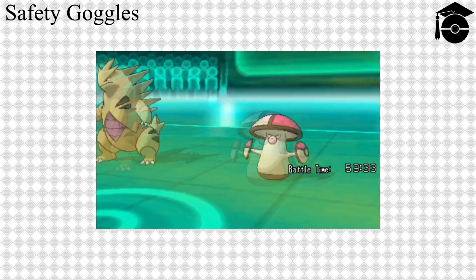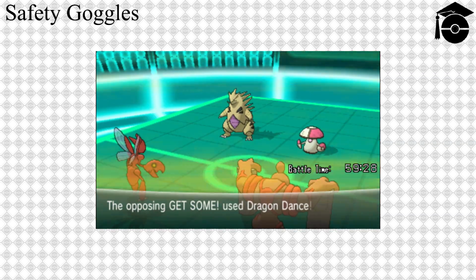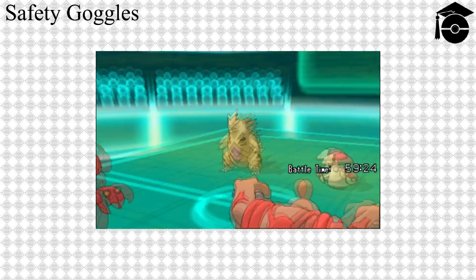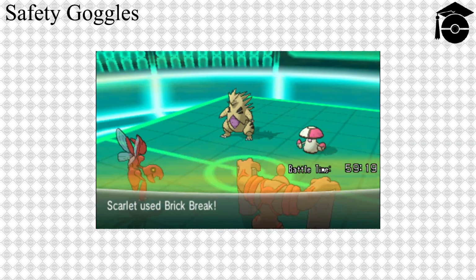A great user of Safety Goggles in this situation is Scizor. Common Pokemon that Amoonguss is used to protect are Mega Kangaskhan for that Power-Up Punch and Mega Tyranitar for Dragon Dance. Scizor can easily take down both of these threats during their setup turn, neutralizing that threat before it can